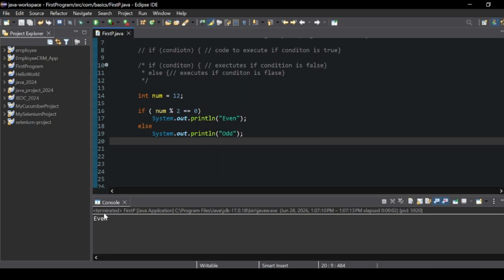Still we receive the output without any errors. So this is perfectly valid and it is exactly how the even odd example would look with braces. However, if your block contains multiple statements, curly braces are required. For example,